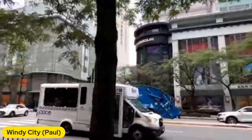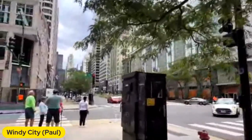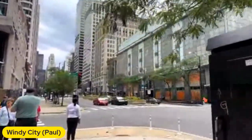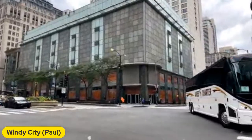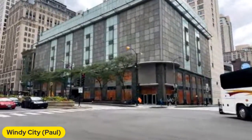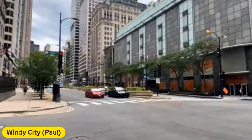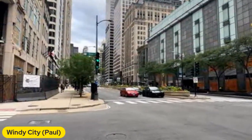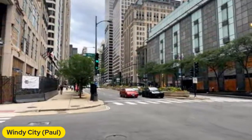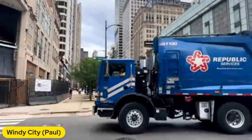Across the street, we've got Under Armour. The Chicago Marriott is here. And next to the Chicago Marriott, actually a block up from that, is Lightbridge. And Northbridge, sorry, is another